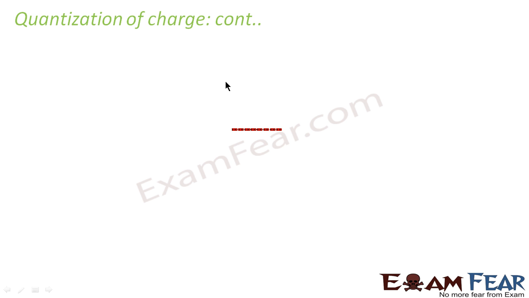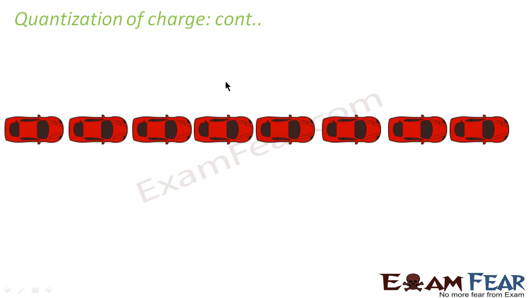So what do we learn from this? If we look at something very closely, or from a microscopic level, we can see the discrete values. With this example, what I tried to explain was, just now I told you that any charge can have only these particular values. So quantization talks about the discrete nature of charge. That means a charge can only take these discrete values, nothing else. So let us suppose that each of these cars represents a discrete value. These are the values which an electron can take.